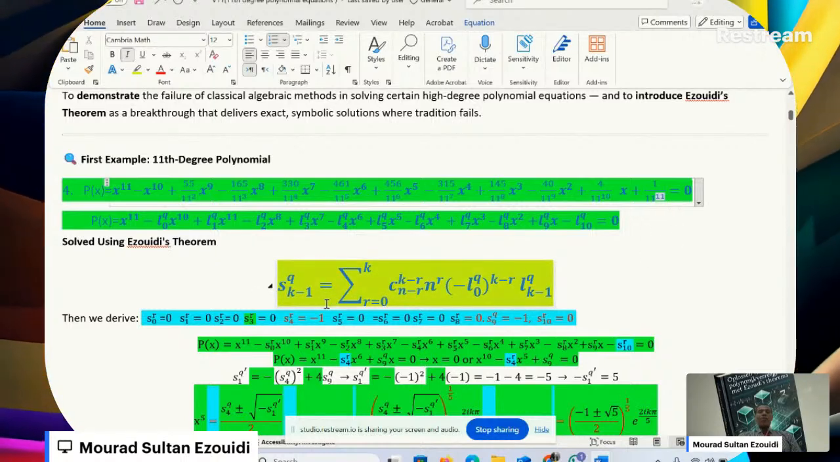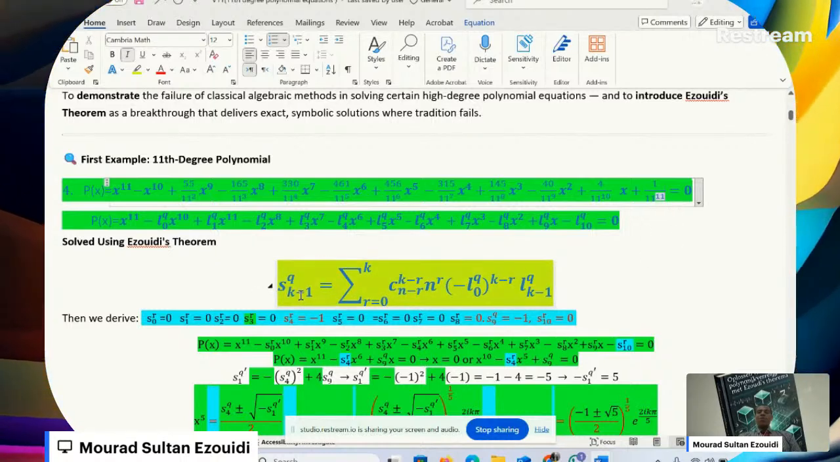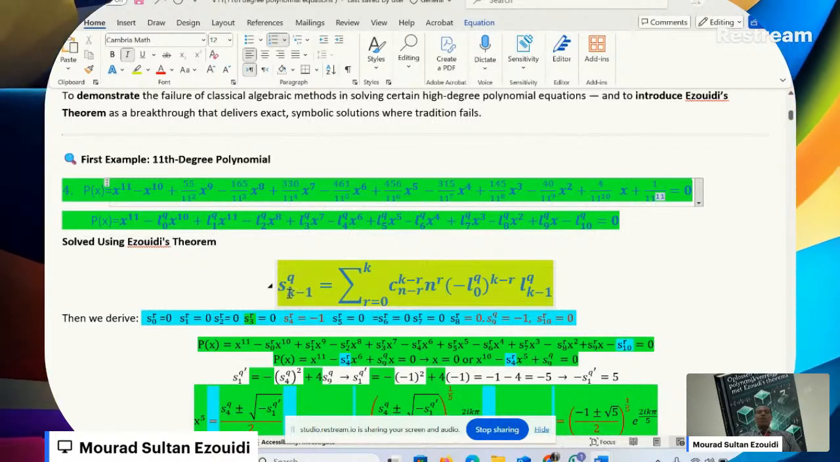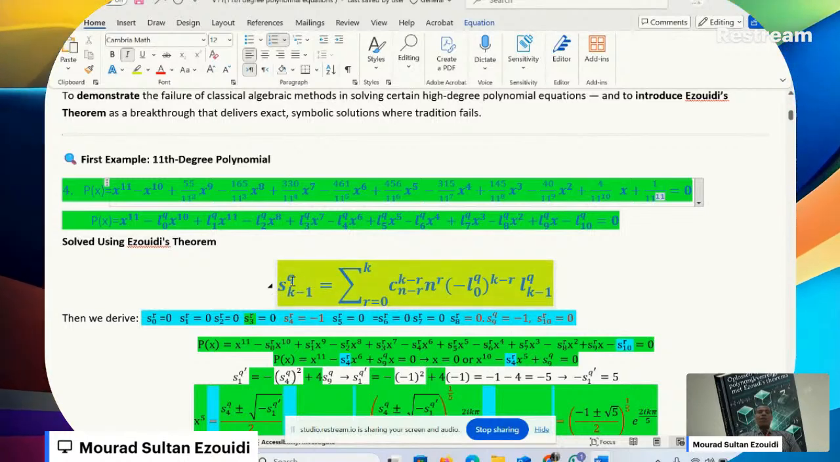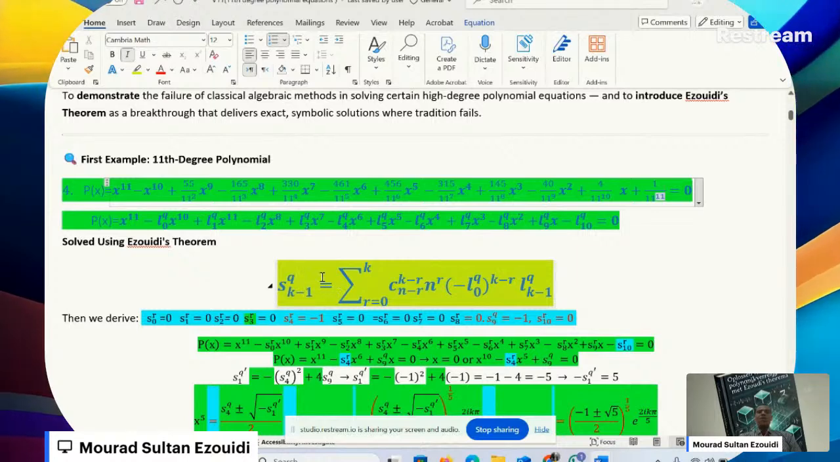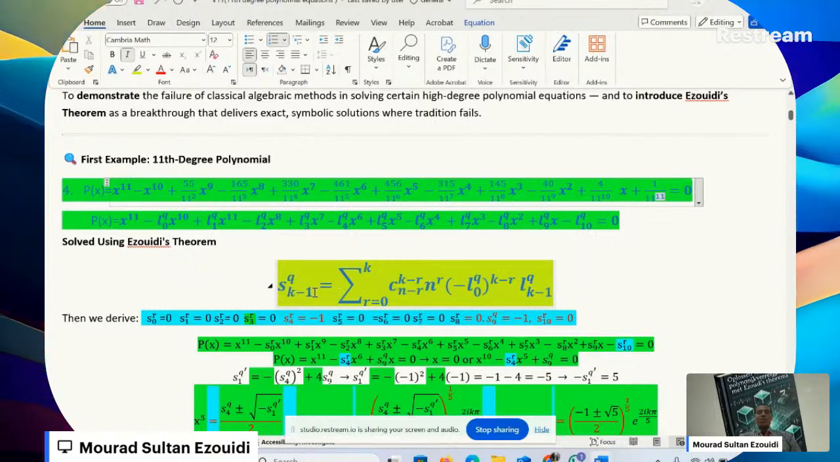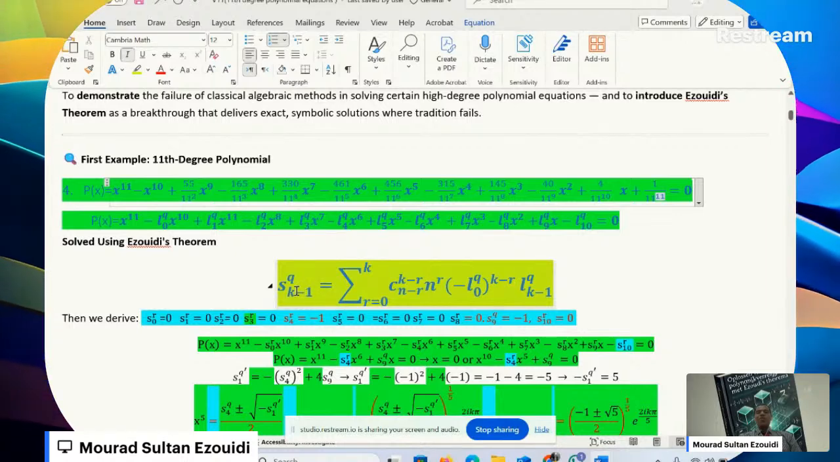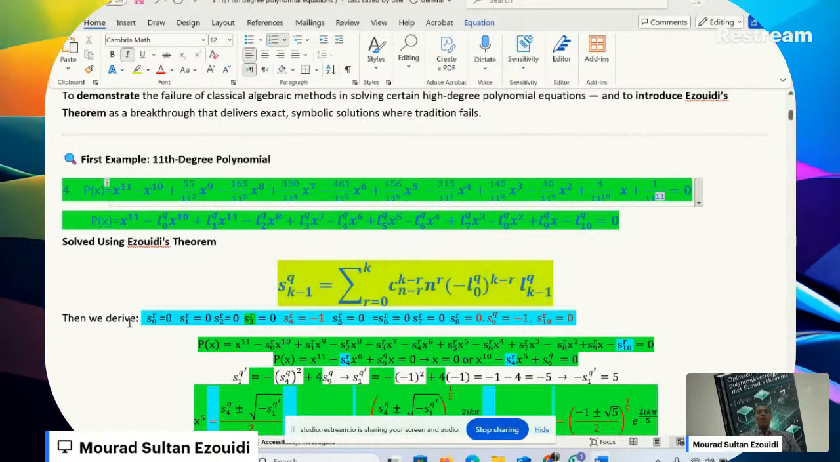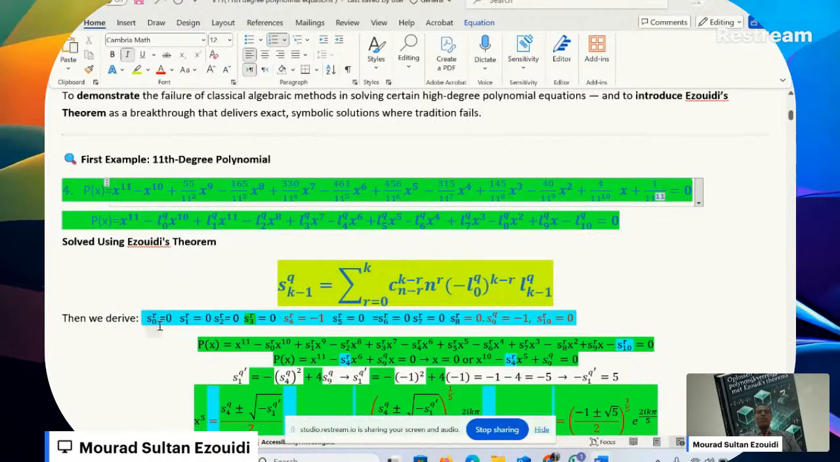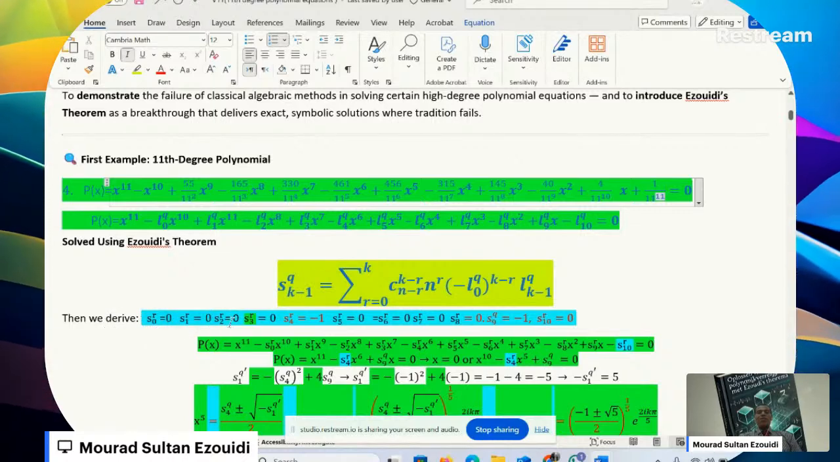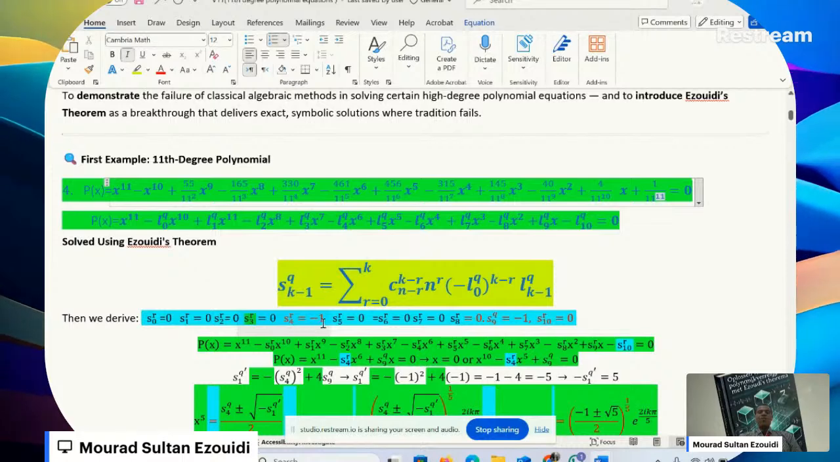So when putting k equals 0, k equal 1, k equal 2, k equal 3, k equal 4, k equal 5, k equal 6, k equal 7, k equal 8, k equal 9, k equal 10 and 11, we will find the values. Then we derive that S0 is 0, S1 is 0, S2 is 0, S3 equal to 0, S4 is equal to minus 1,